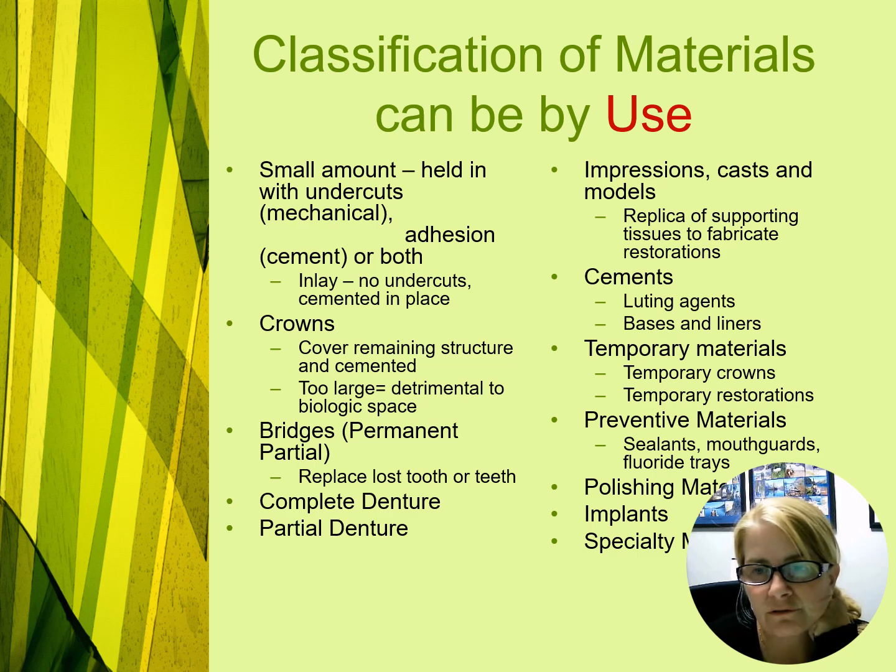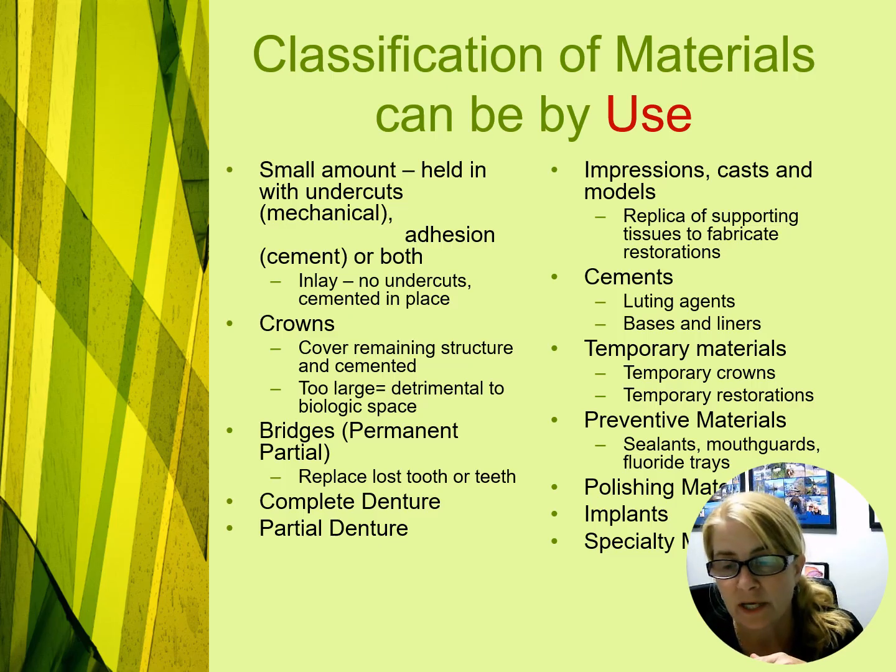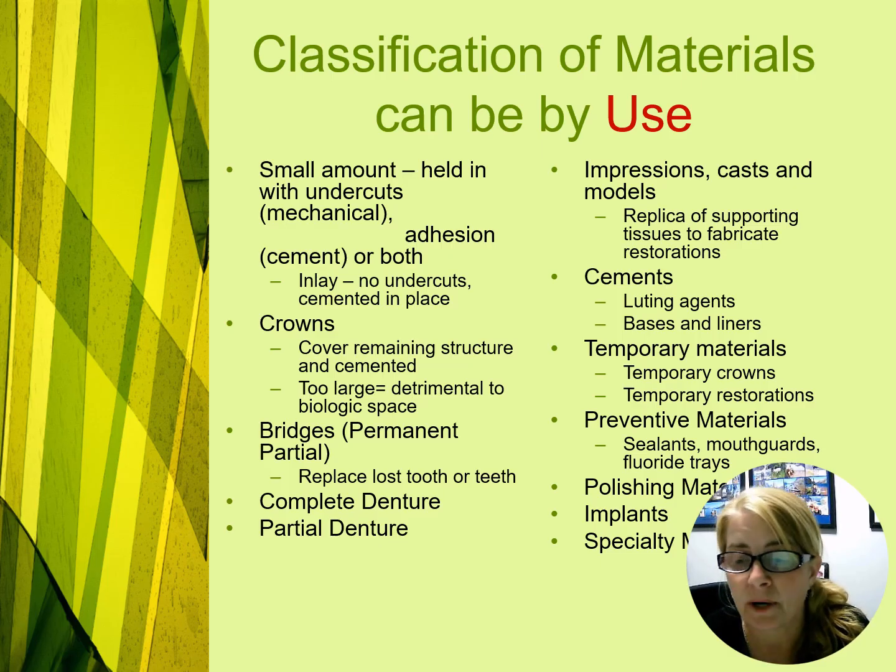So classification of dental materials can be by use. We have talked a little bit about the undercuts where amalgam fillings mechanically fit into a preparation because of the undercuts and because of the shape that the dentist will prepare it. There are some bonding agents, so it could be chemically and mechanically held, but typically mechanically held. We've got composites and some cements that adhere the product to another. So composites work by adhesion to the tooth